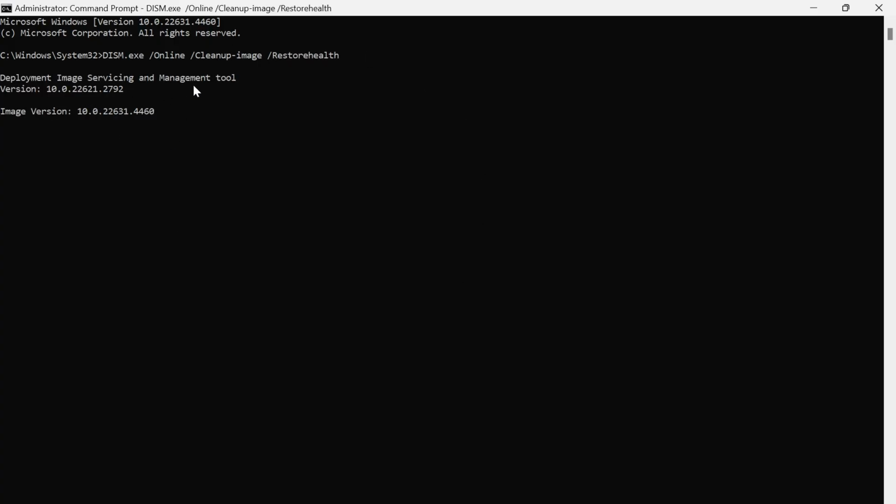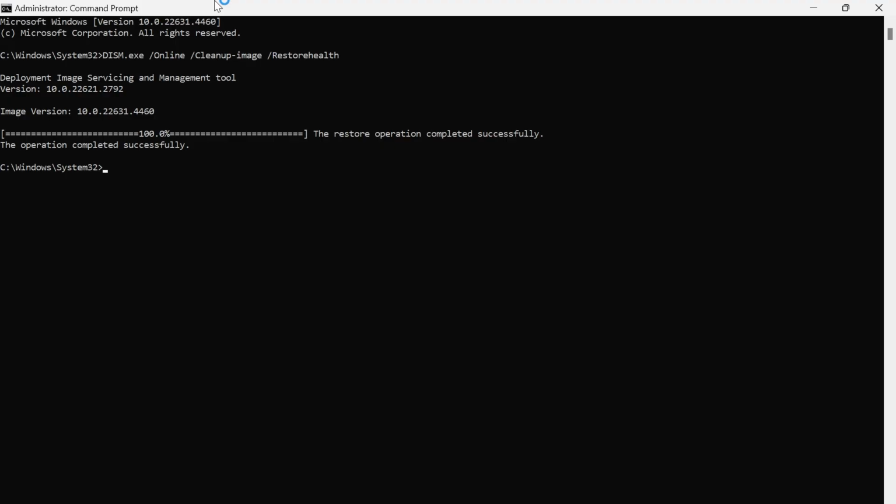And now what you'll need to do is just wait a few minutes while this runs this tool on your computer. So you'll need to wait for this to get to 100%. So once this gets to 100%, what you need to do then is type in sfc /scannow and then